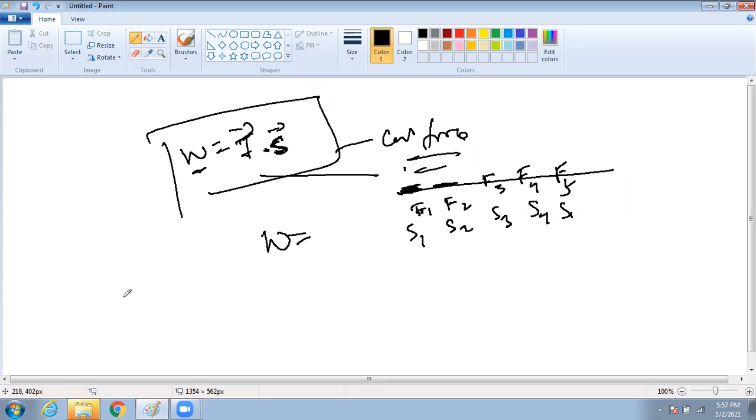So at a particular instant, your W will be W1 plus W2 plus W3 plus W4 plus W5. Why? Because here force is varying. So what will be W1? W1 will be F1 into S1. W2 will be